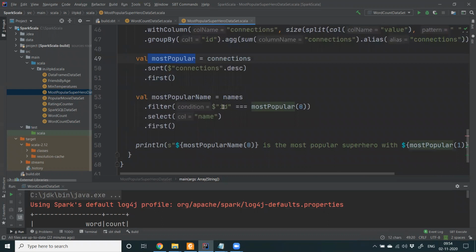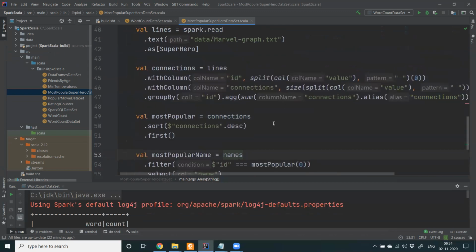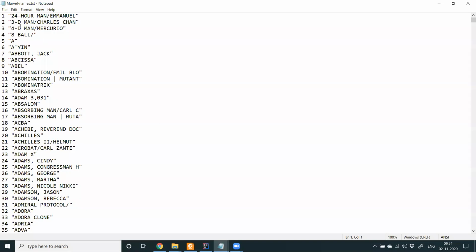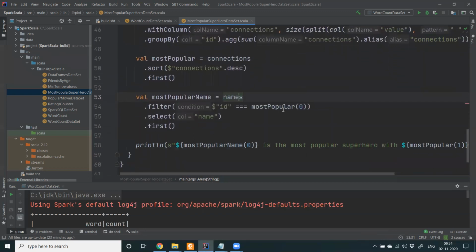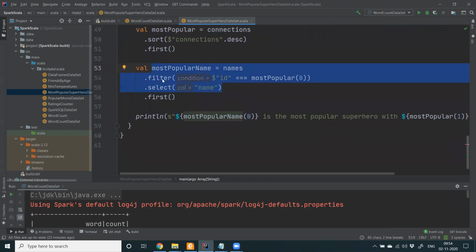And for this most popular ID, we are filtering from the names, because in the names you have the names from this ID, with this space delimiter. So that's why we are filtering here for the specific ID, whichever is in the most popular data frame, and then taking element 0, and getting the first element of this most popular ID.